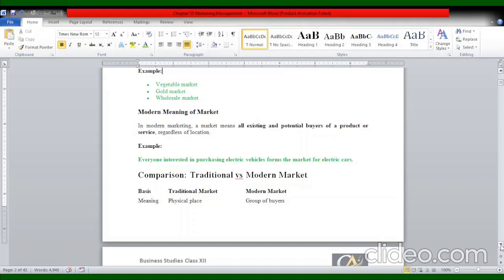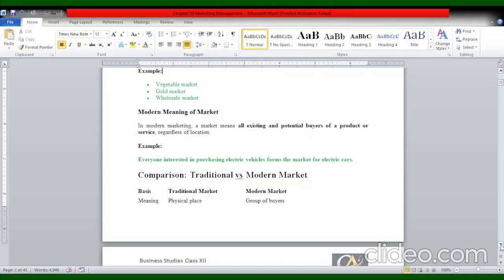You have to get the product from a particular location or place, whether you approach a nearby shop or you order online. So this is the scenario of the modern meaning of the market. Market is not confined to a physical place. They have been channelized through a particular platform. They are having more visibility online.